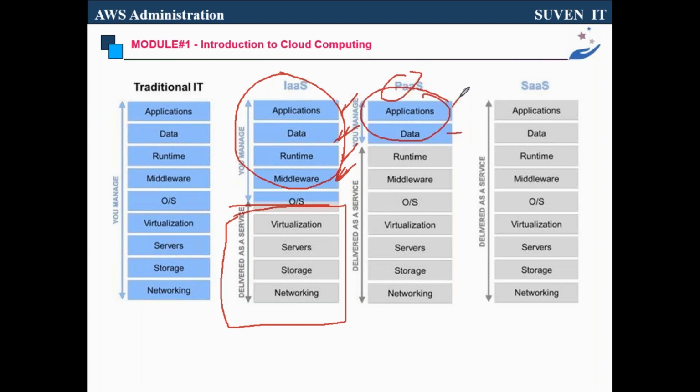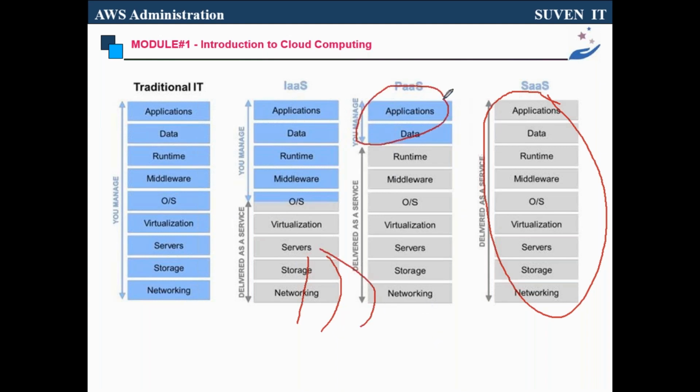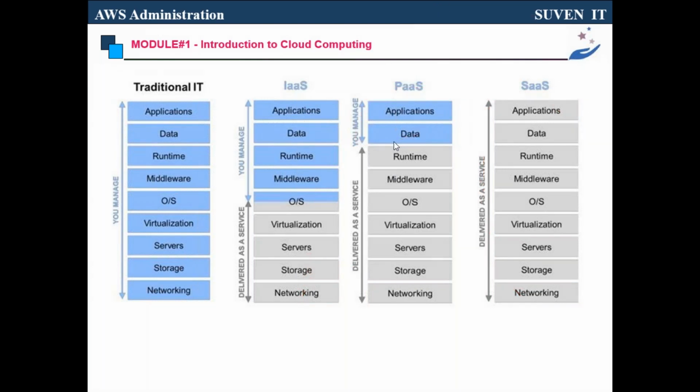So only data and application with your company, rest of all are from AWS. If you go to the SaaS model, everything is in AWS. Even if you buy Office 365, MS Office, your mails are in cloud, your data is in cloud, everything is in cloud. In this scenario, the database and application is in your company, the rest of all coming from the cloud. But here in a SaaS model, even data is stored in AWS or Azure or Google Cloud, wherever your vendor is. So you are just using that application. That's all.